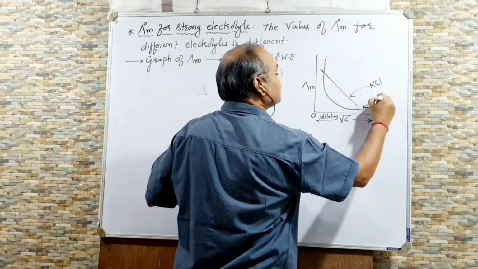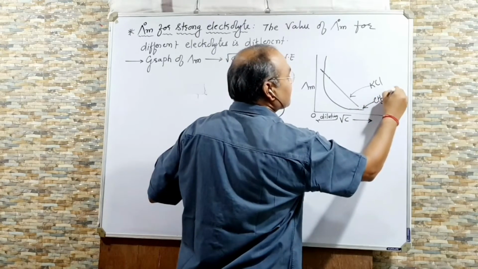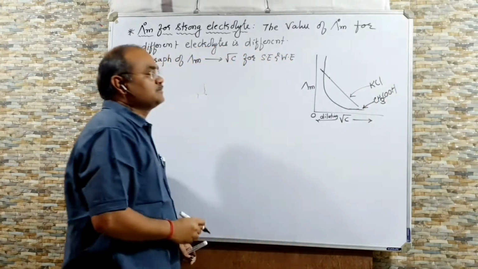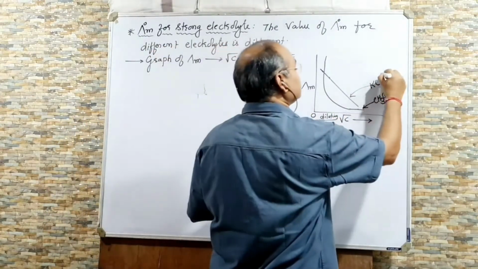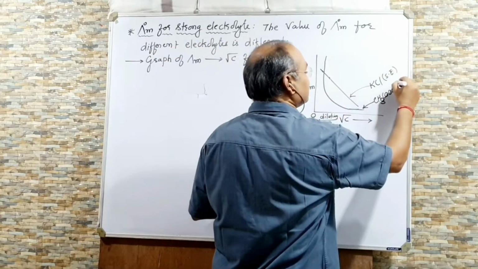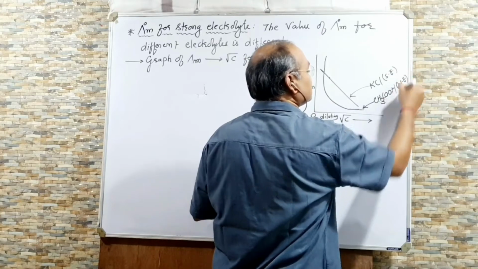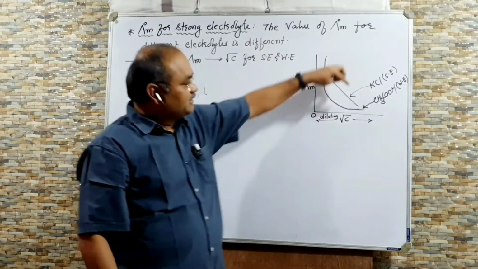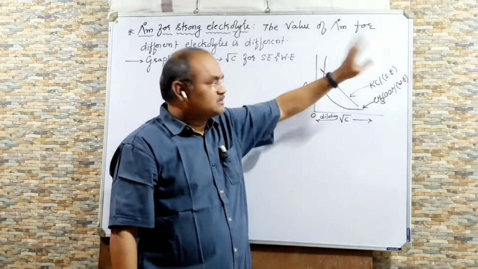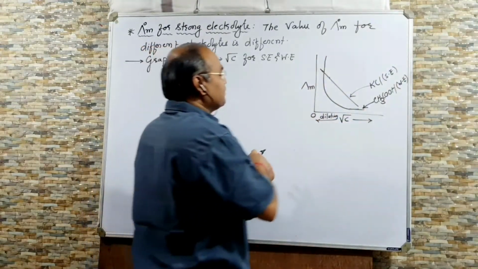This is a graph of weak electrolyte, acetic acid. Right? This is strong electrolyte. In 11th we have studied this is weak electrolyte. Weak acid is weak electrolyte, and salt of strong acid and strong base is strong electrolyte. So these are the graph obtained.